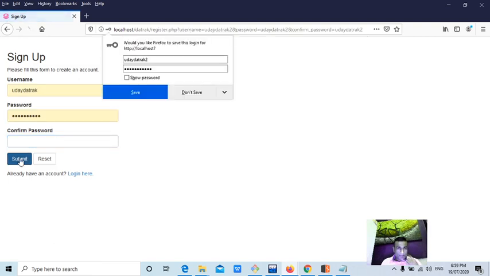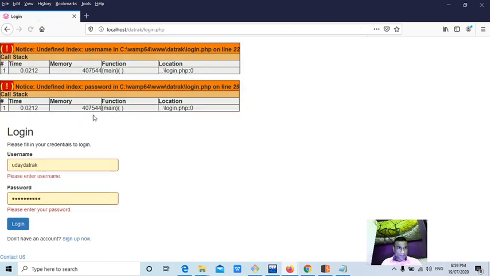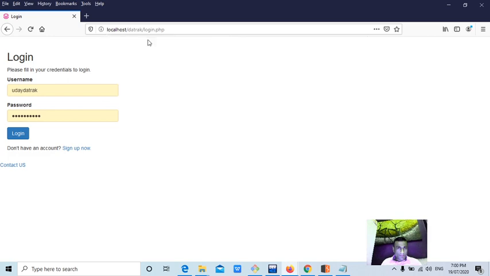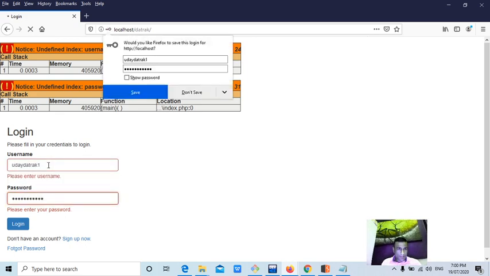With any password you can set it. What happened? Was it registered? Okay, let me check. No. I remember the old username and password.